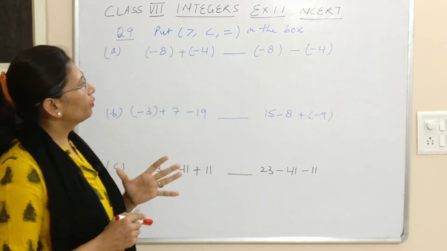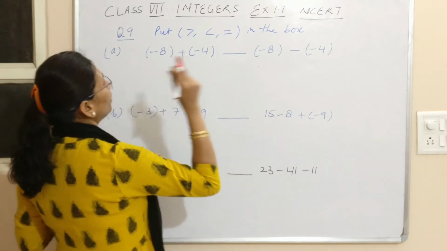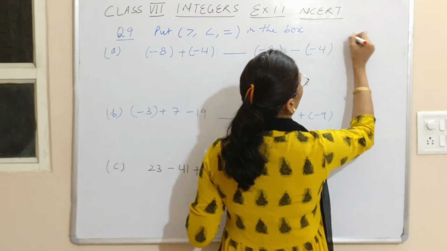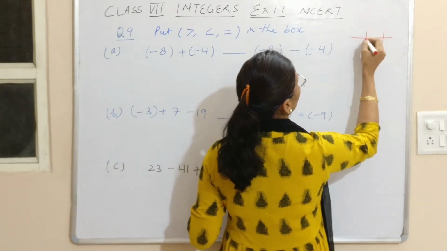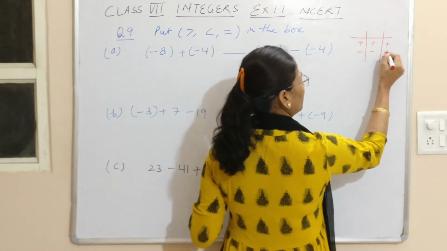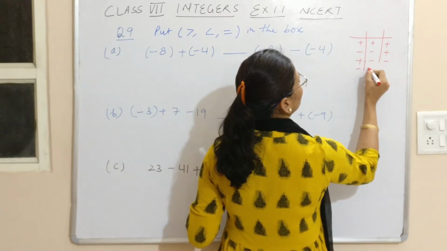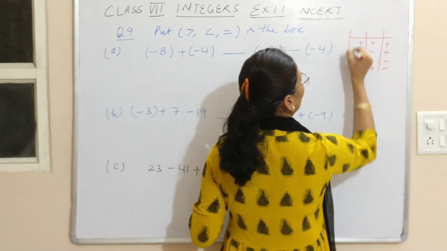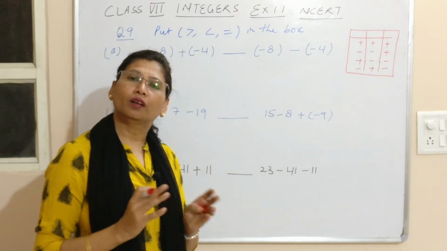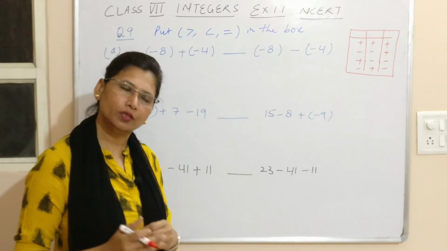Without solving we cannot find out which side is greater. So first of all, we have to solve both the sides separately, individually. Here I'll recall the things I have told you about how integers take their places. When both the integers are positive, we add. When both are negative, even then we add. When one is positive and the other is negative, we subtract. We have to keep this in mind: how the integers take their sign, and how we add and subtract integers.